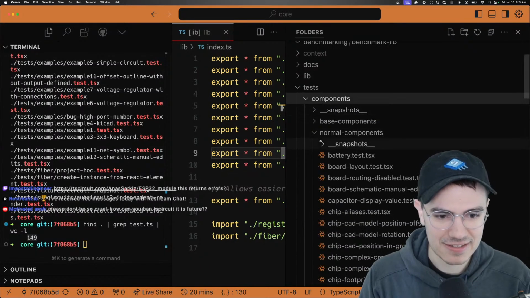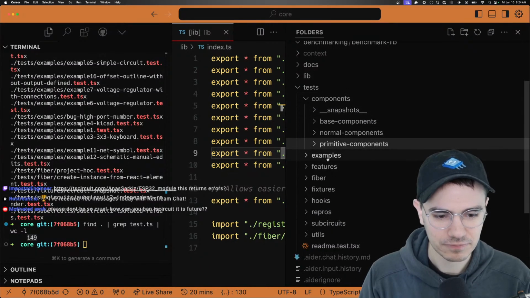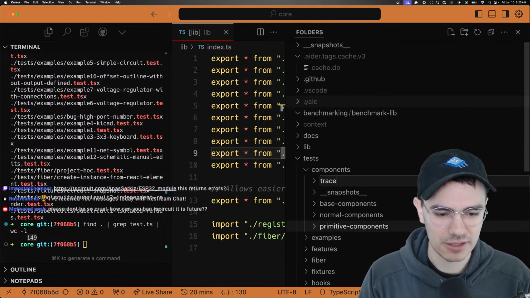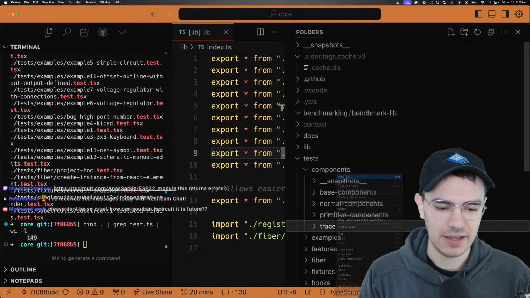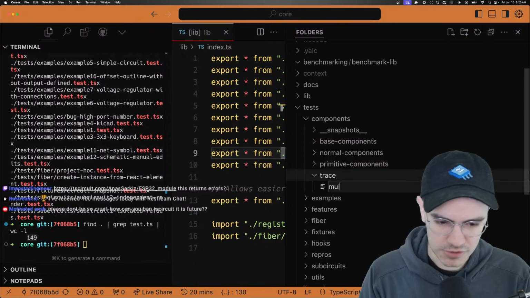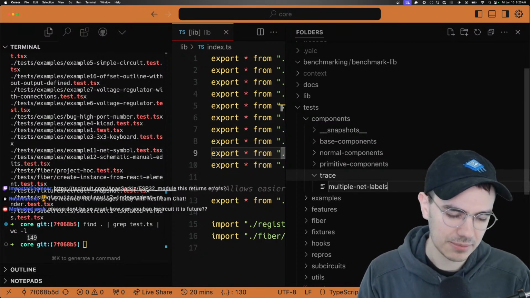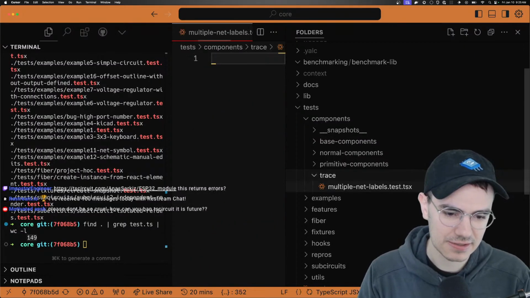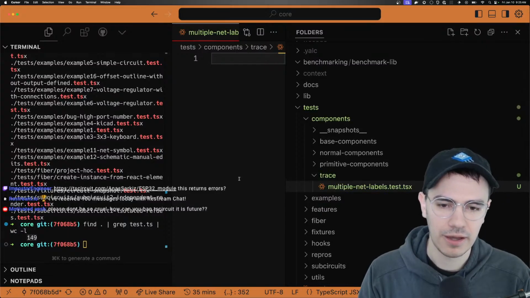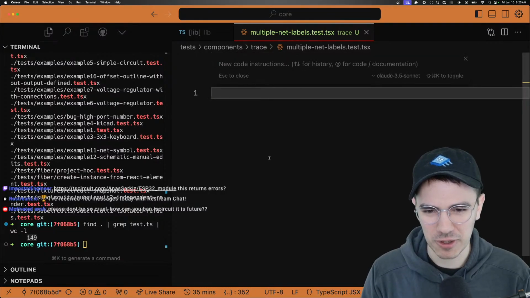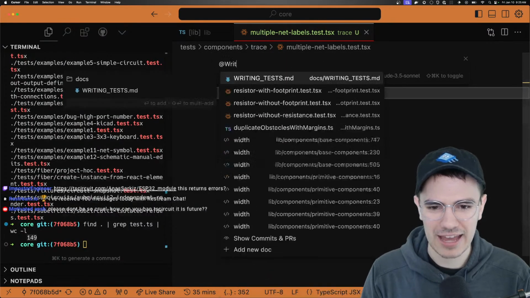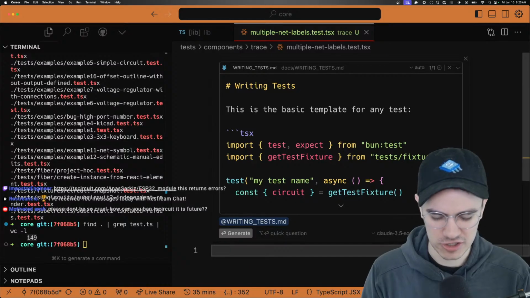So I guess this would involve a trace, but we don't have one, so let's create a directory, trace, and we'll say multiple net labels dot test dot tsx. And then if you ever want to bootstrap a test, you can use Cursor for it. You can add the writing test guide into the context, and then you can just say,